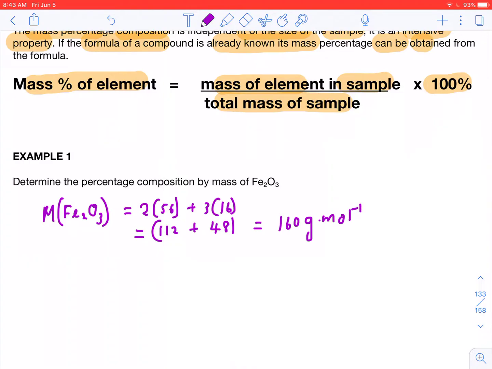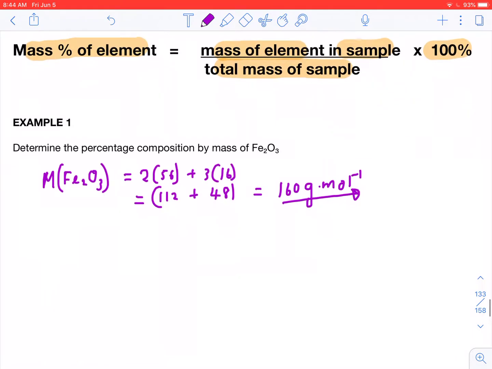So 1 mole of this particular substance, iron oxide, is 160 grams per mole. But we want to know, of that 160 grams, how much is iron and how much is oxygen. So if you want the percentage